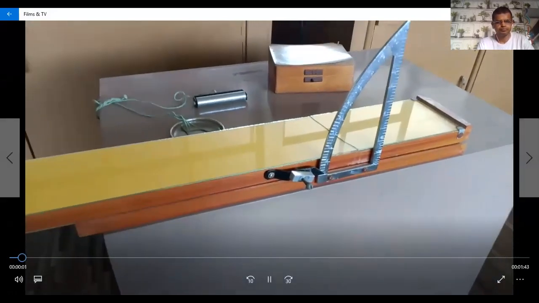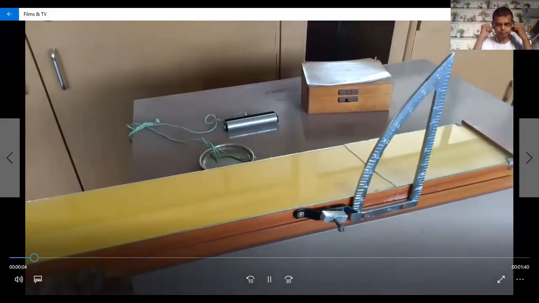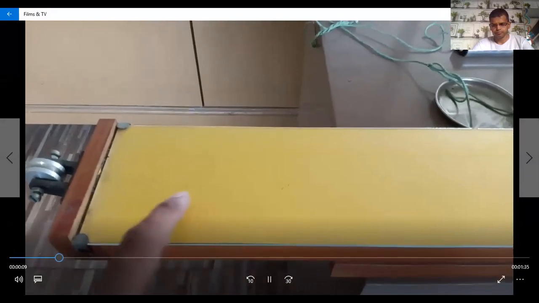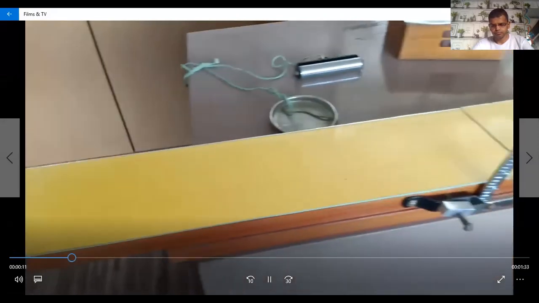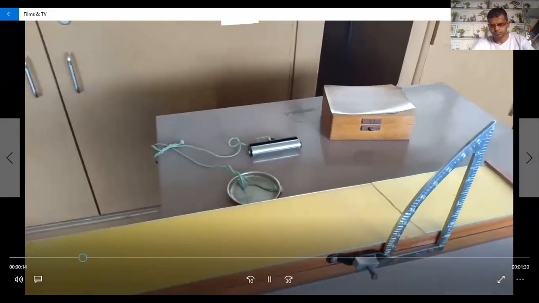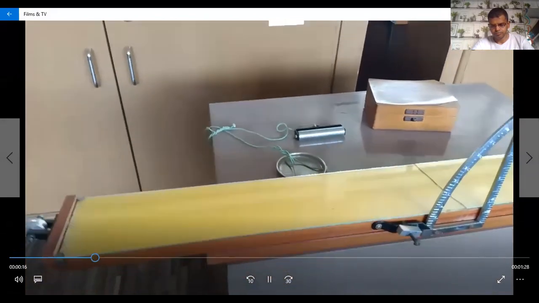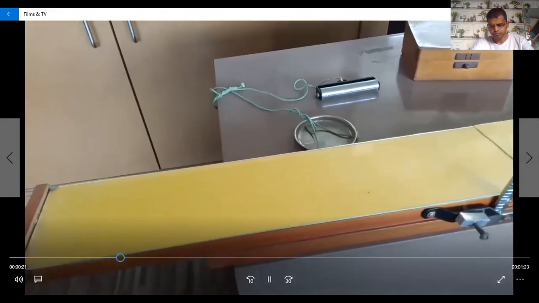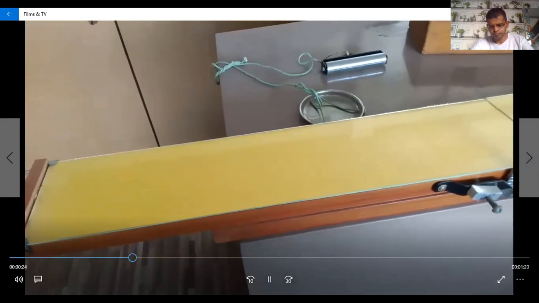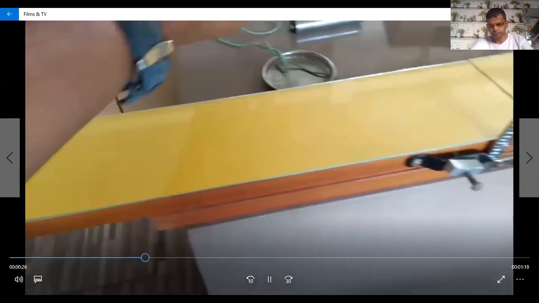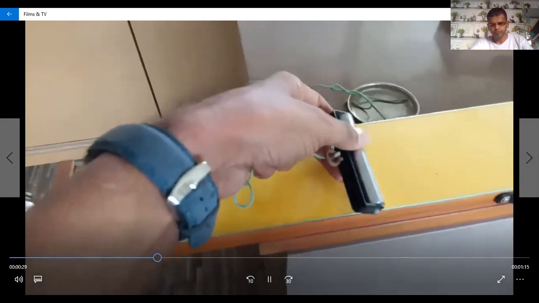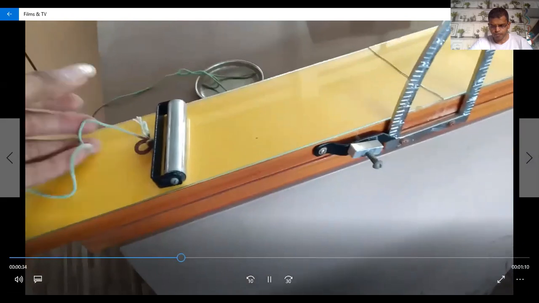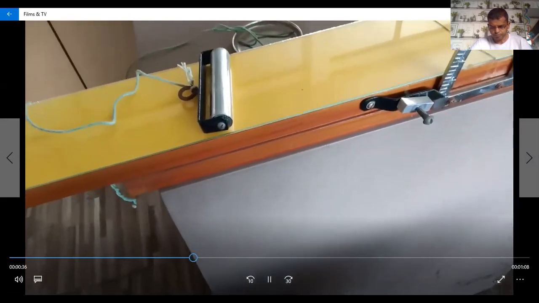So now here we are showing the inclined plane setup. This setup has a totally glass surface, meaning there is no friction. In the last practical, when we used a surface, we moved a simple wooden block on the plane surface, but that time we found some friction. But here we are moving a metal roller, so it moves very easily. At zero angle, without mass, it definitely moves.